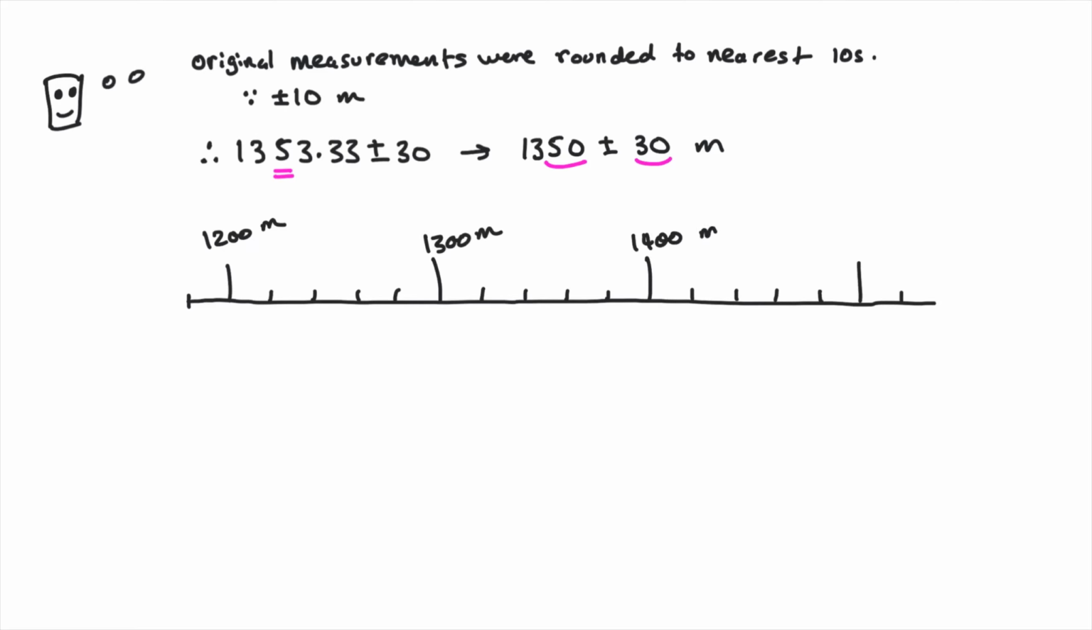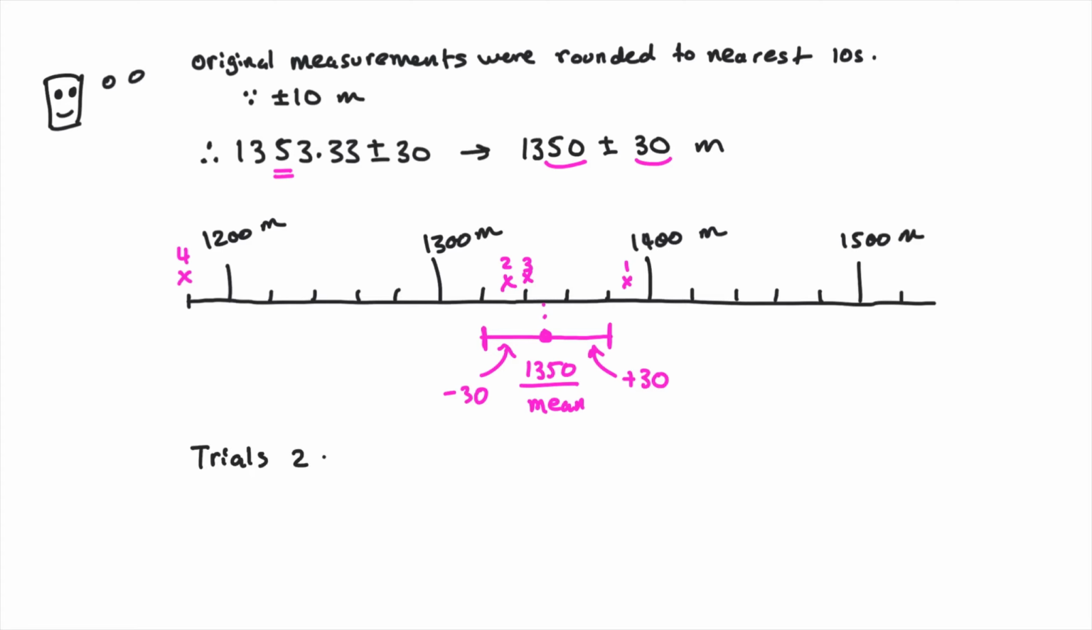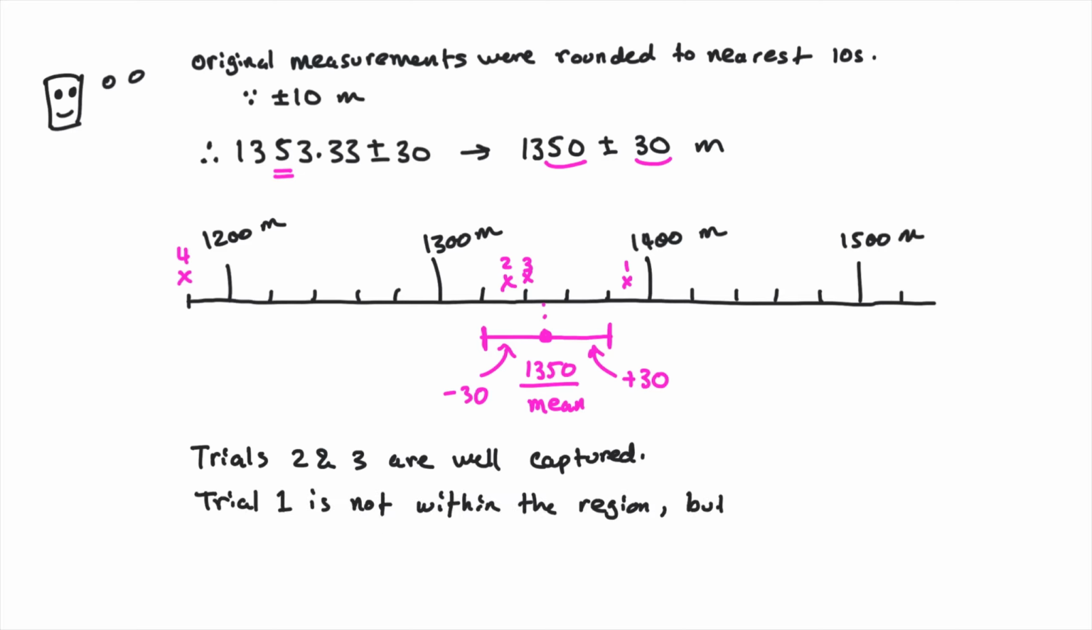Robo then tries to visualize this and compare it to the original points. Robo draws the center of the data using a solid circle and then adds 2 solid lines 30 meters away from the center because of the uncertainty. Robo then connects these 2 lines to the center. Robo can see that trial 2 and 3 are well captured, while trial 1 is not within the region, although